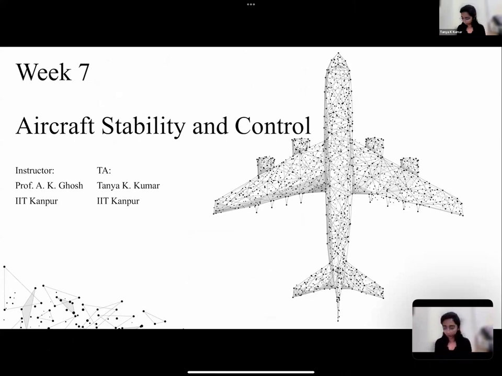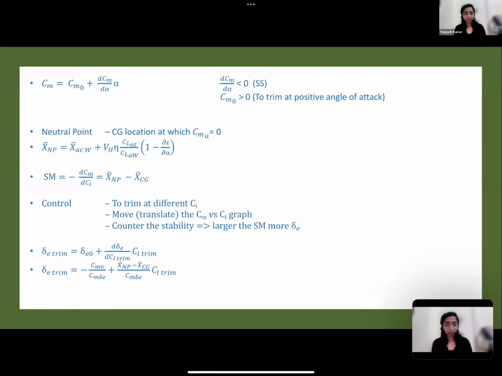Okay, so let's begin. Before that, let's just revise the few concepts that were used to solve the questions. Am I audible? Can you just confirm if I'm audible? Thank you. Right, okay. So we had started with stability concepts, longitudinal static stability, and that I repeat multiple times, but